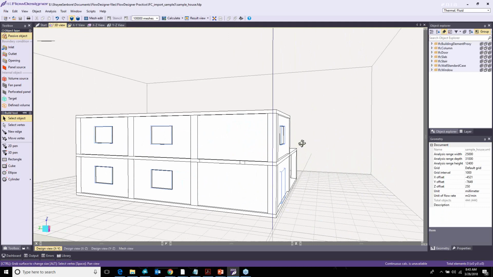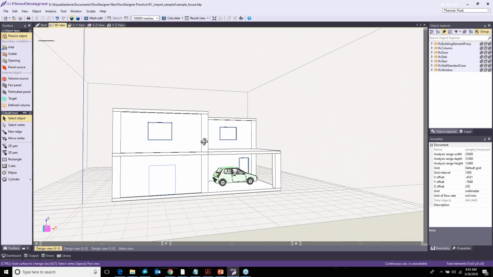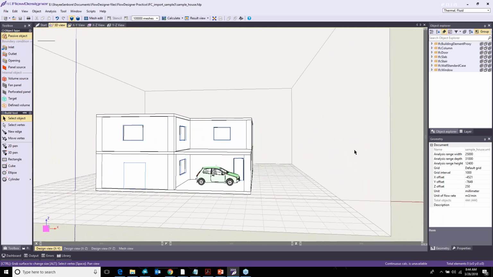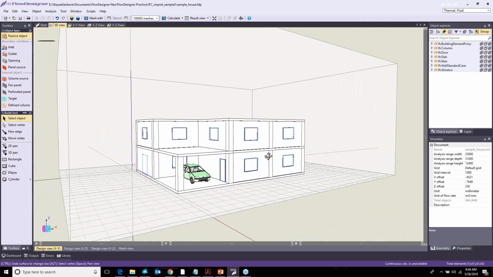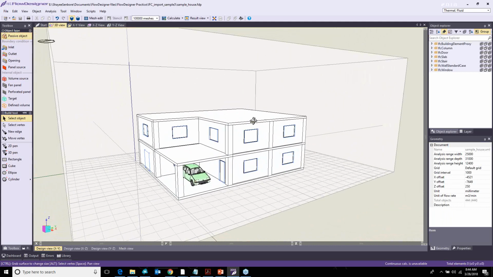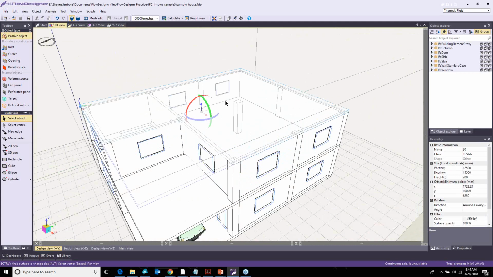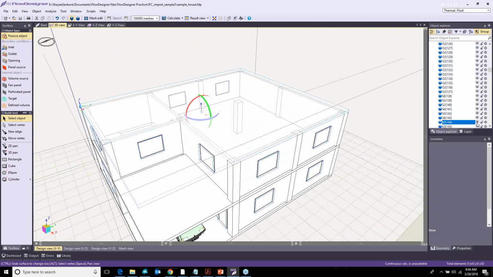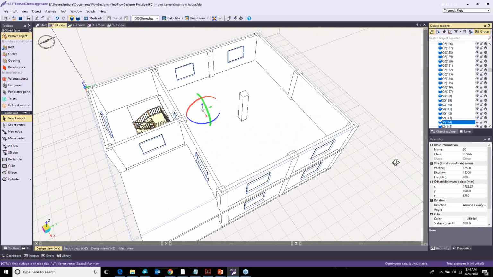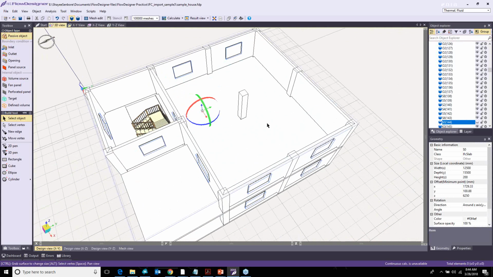And again, we're going to go ahead and do just a very quick wind simulation on this building right here. All right, and I'll just go ahead and hide a couple of the components so we can get a peek as to what's inside as well. So I go ahead and do that, and I just hide the roof of the building. You'll notice it's just the internal space, and that's the staircase, right there in the middle down there,